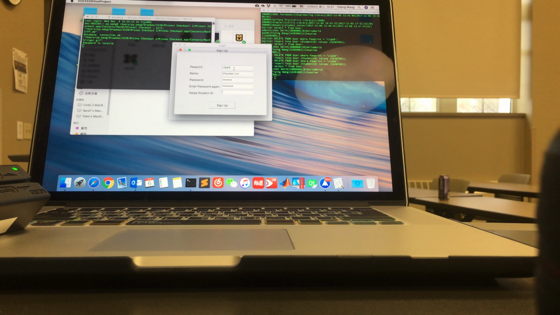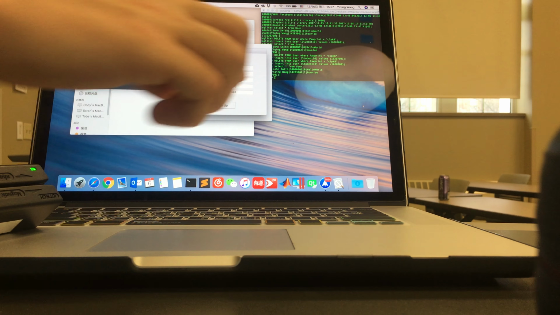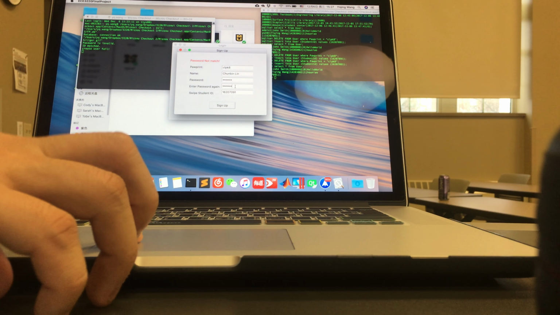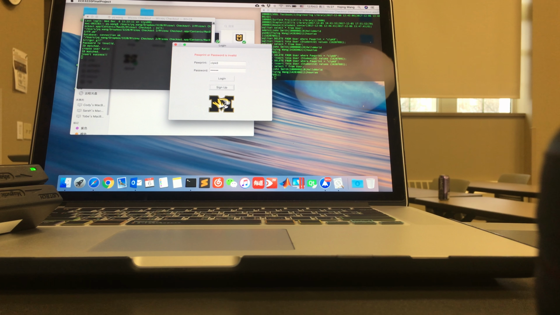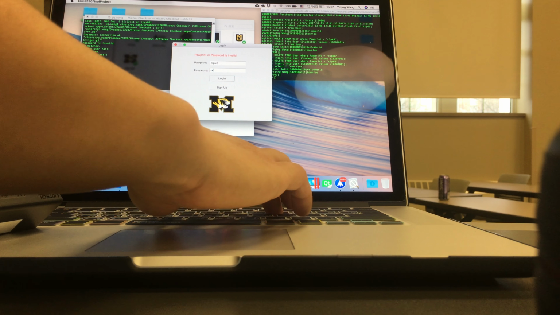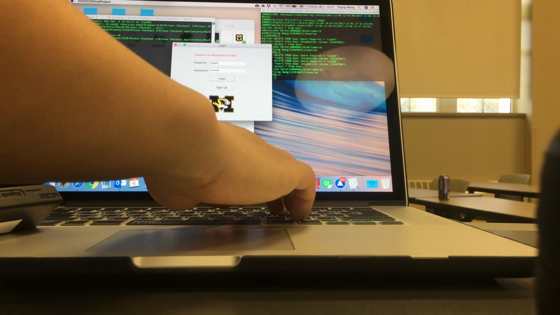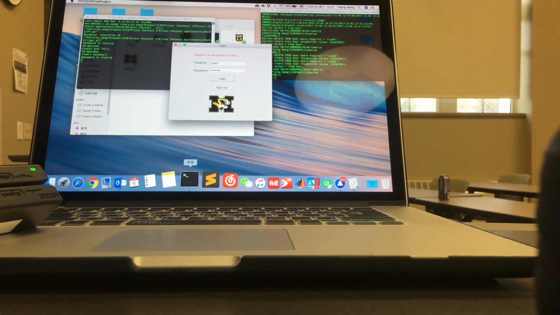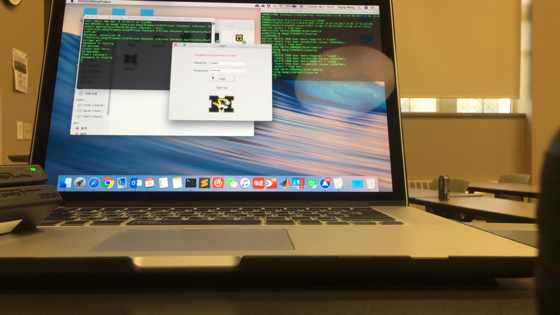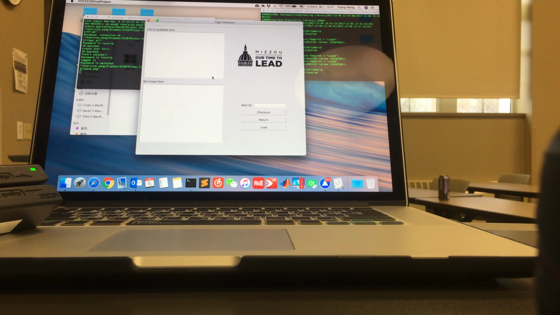You can see here the error message given was password not match. You have to double check your password in order to create the account. And now you can see that the password is matched and everything went fine. And when you're trying to log in again, if you enter an invalid password, you are denied entry. And once you have the correct password and try to log in again, now you can see this